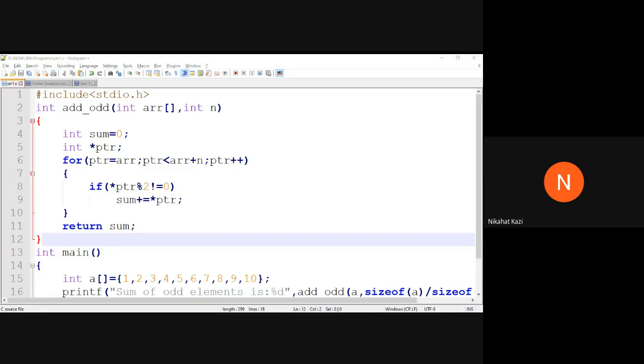Okay, you're done. So anyone can show. Okay, I'll call out some name. Param, can you show your screen? I'll stop presenting. Param, can you share your screen?